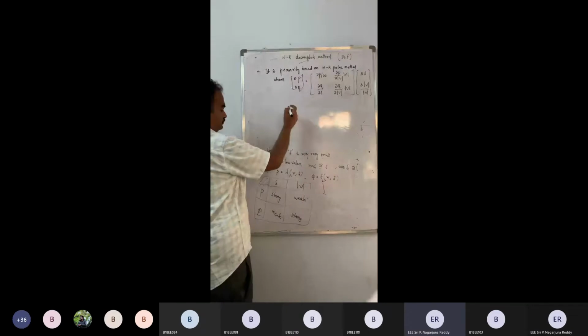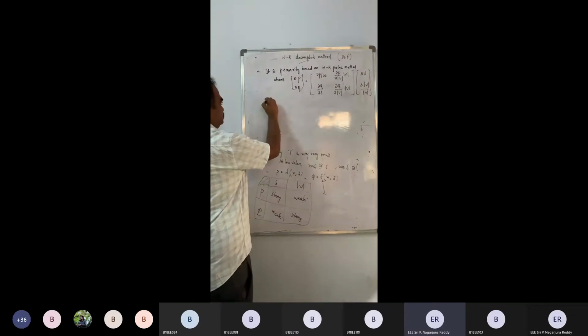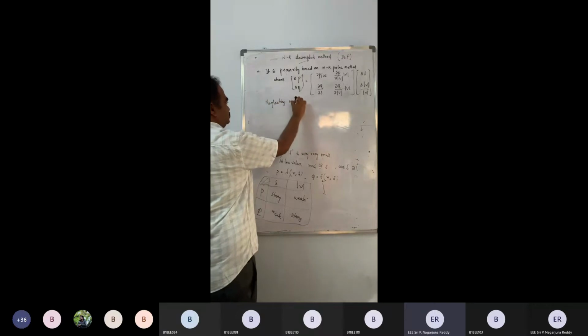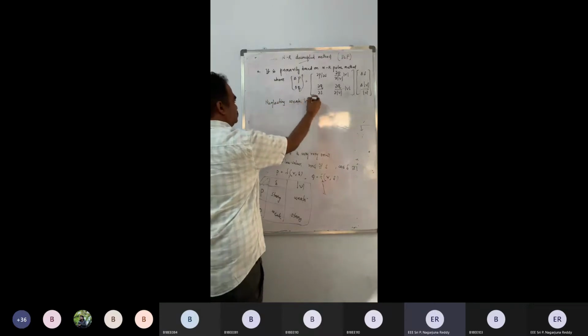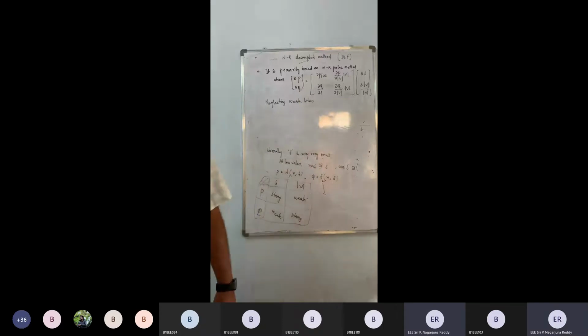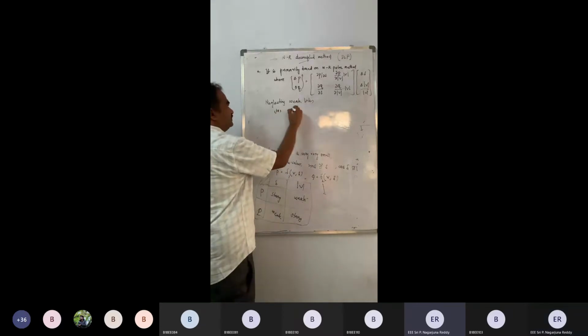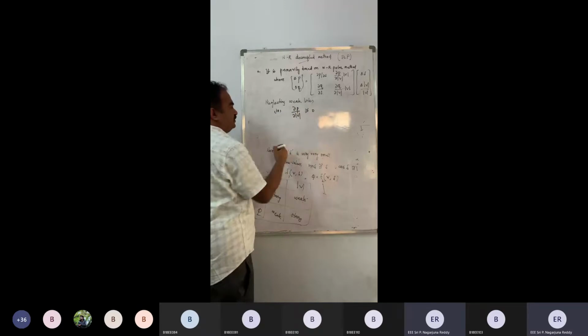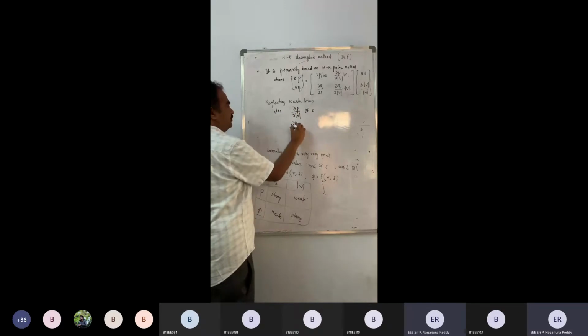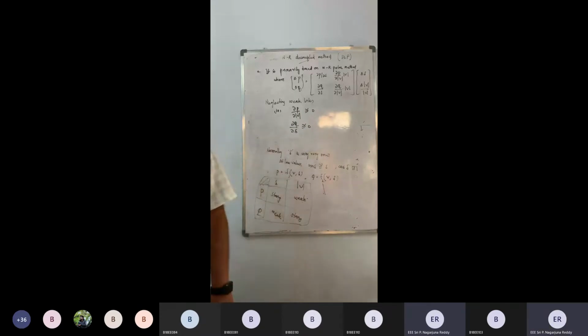Now, neglecting the weak links, that is dou P by dou V is approximately equal to 0, and dou Q by dou delta is also approximately equal to 0. Which means that I am trying to neglect the weaker linkages,